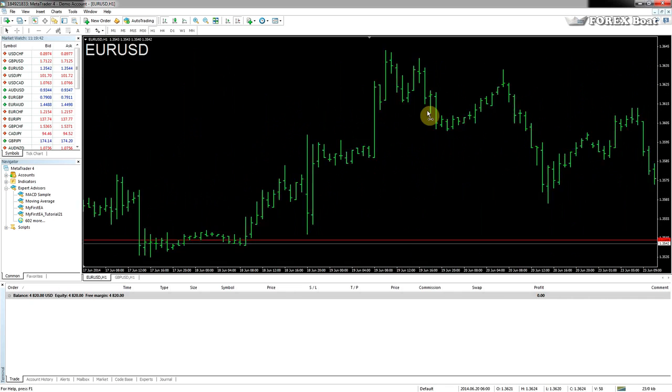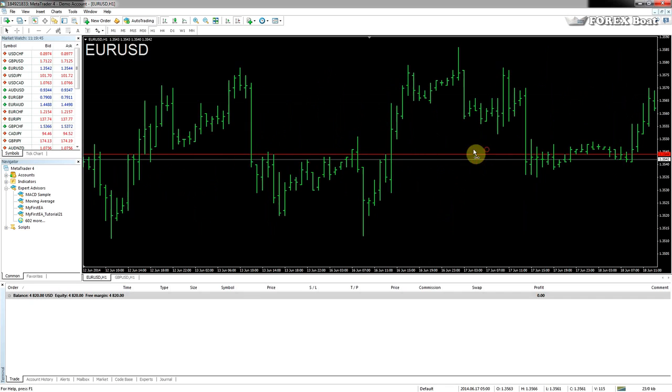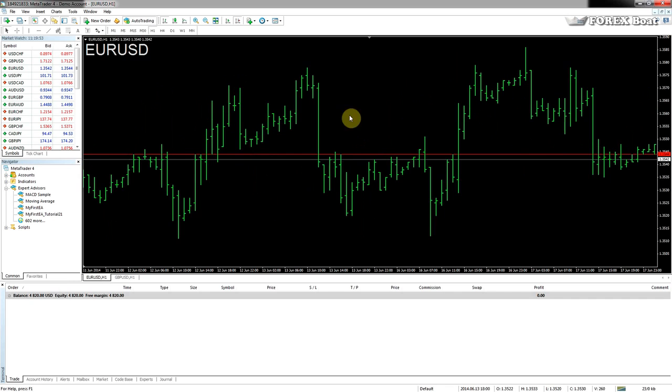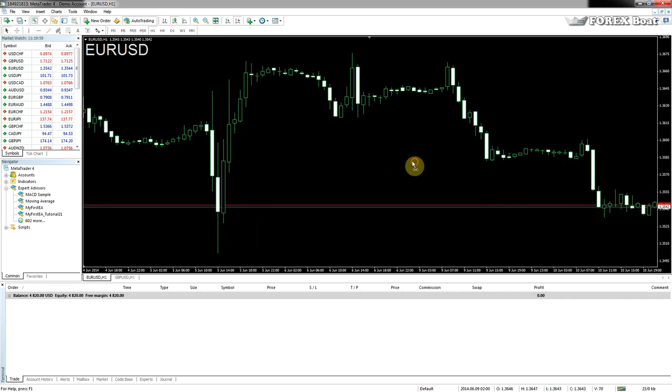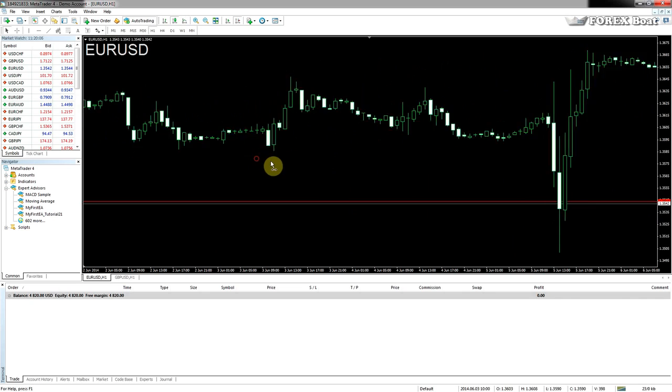And say if it's a bearish candle, I'm just trying to find one here. Here's a bearish candle. We could say we buy, and in this case we would buy, and maybe we would earn 7 pips, or maybe we would lose some money, or maybe we'd go up. So basically that's a very simple rule-based decision. Now I'll just switch over to candle view so we can better see the candles. The white ones are going down, the black or hollow ones are going up.